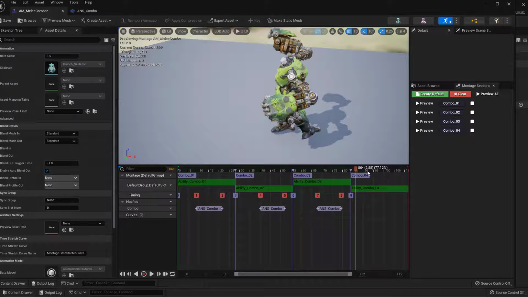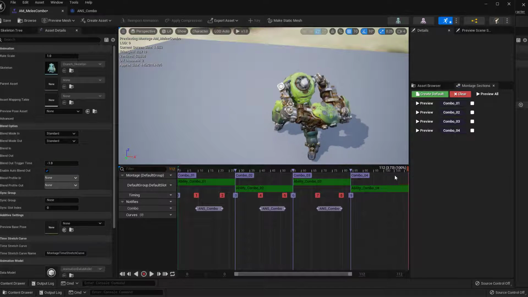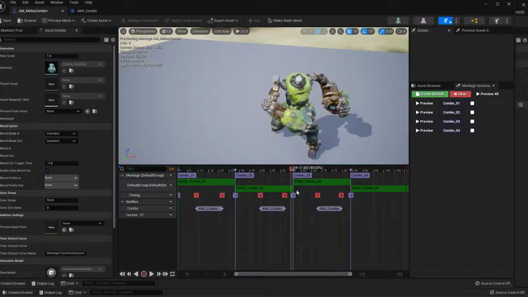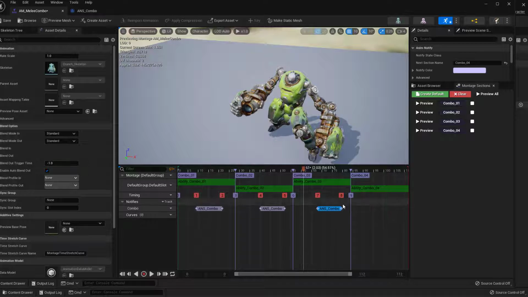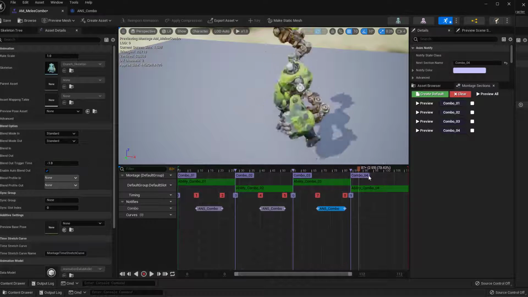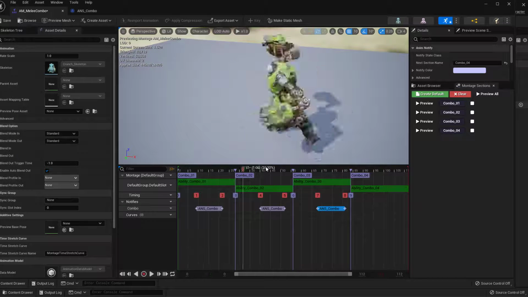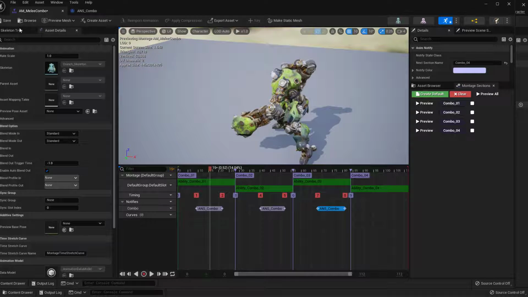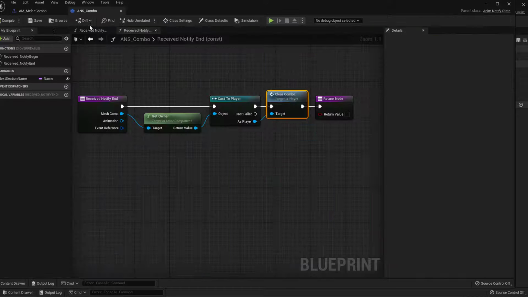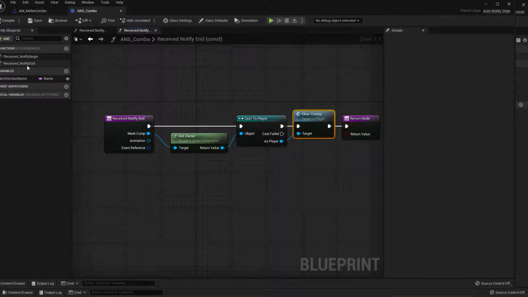And when you reach combo 04, there's no next combo anymore, so I guess you don't have to do anything. Okay, so basically we have those notifiers to mark out the range where you can click again to switch to the next combo. All right, with that being set up, we can then go to the